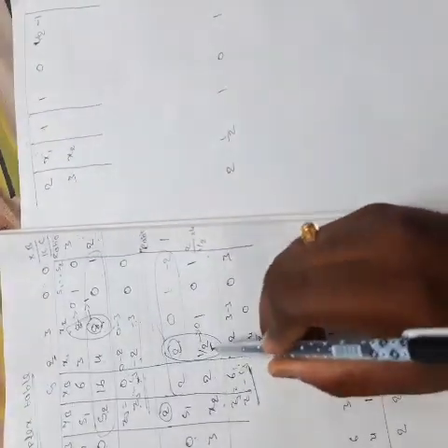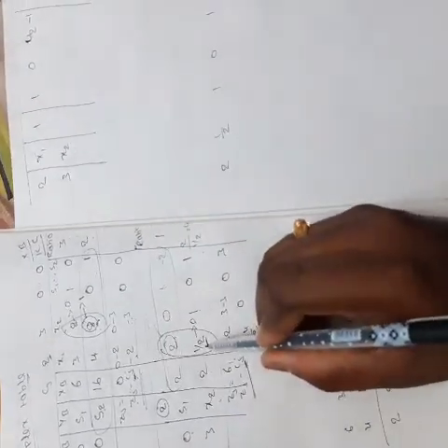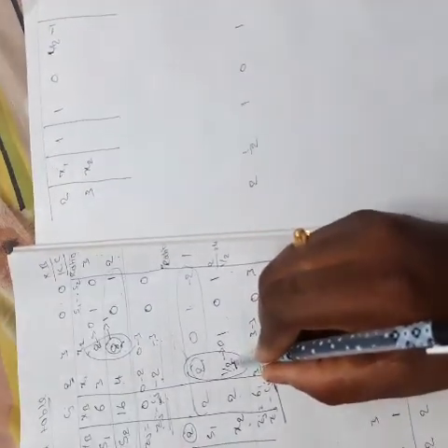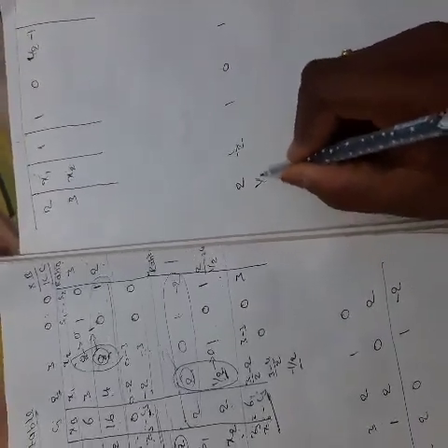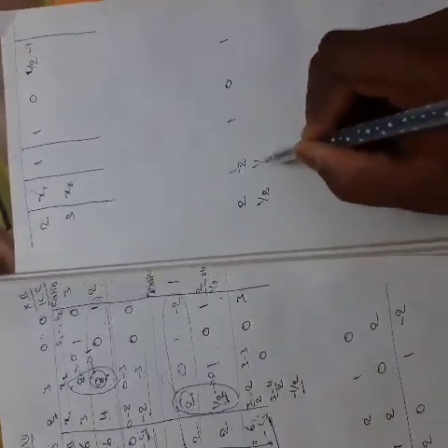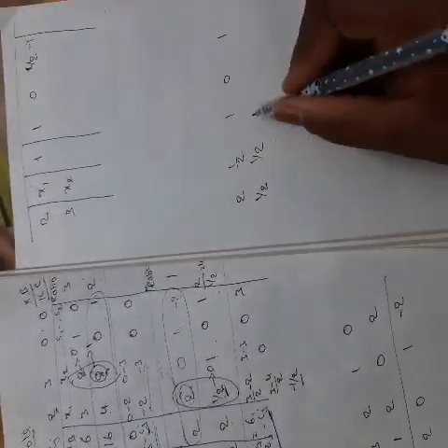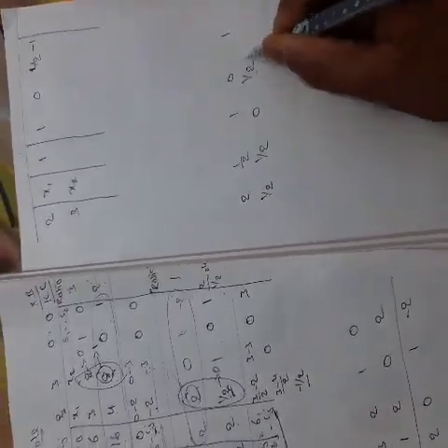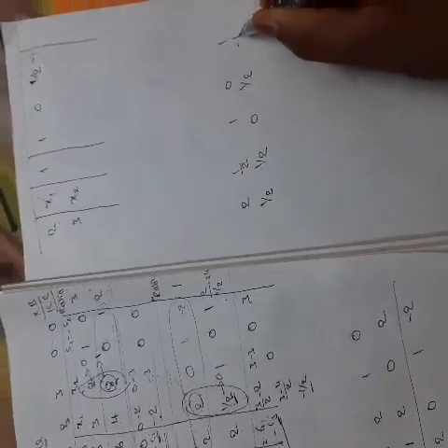Now you have to make this value 0. The value here is 1 by 2, so multiply this entire row by the same number, 1 by 2. By multiplying, the first value is 1 into 1 by 2, 1 by 2, and the second number is also 1 into 1 by 2, 1 by 2, and the third number is 0, 0 into anything is always 0, and the next number is 1 into 1 by 2, 1 by 2, and the next number is minus 1 into 1 by 2, minus 1 by 2.